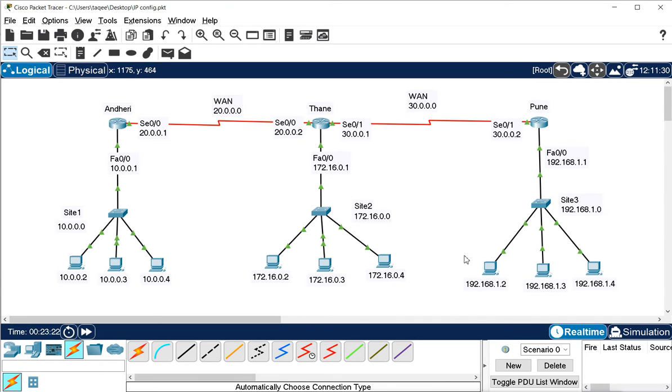Now remember, on this Andheri and Thane we have already configured the static routing. We have added only one more router, and these two new networks like 30 and this 192.168.0.0 network.